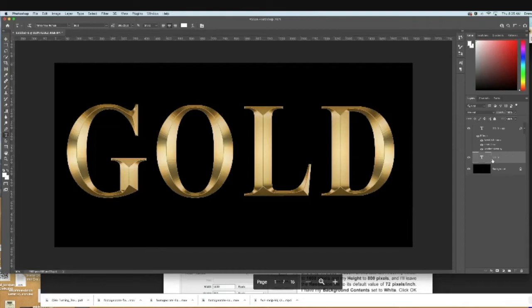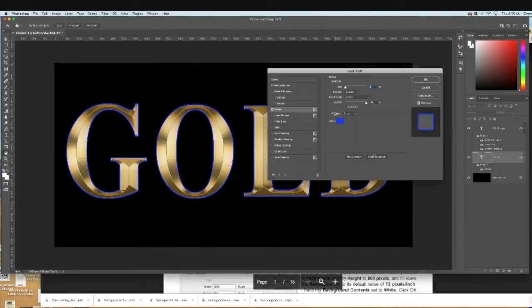Once again, we're going to click on the layer style box once we've selected that original gold layer. And we're going to select a stroke. So we're going to go to stroke. First things first is we're going to change the fill type from color to gradient. So the fill type, we're going to go color to gradient, like this,